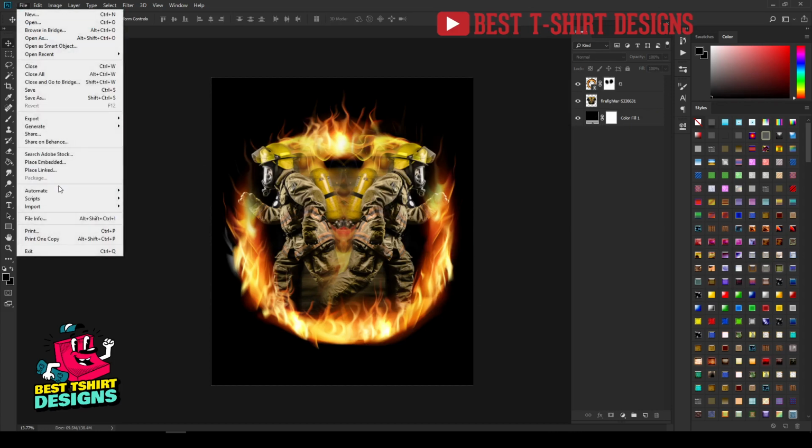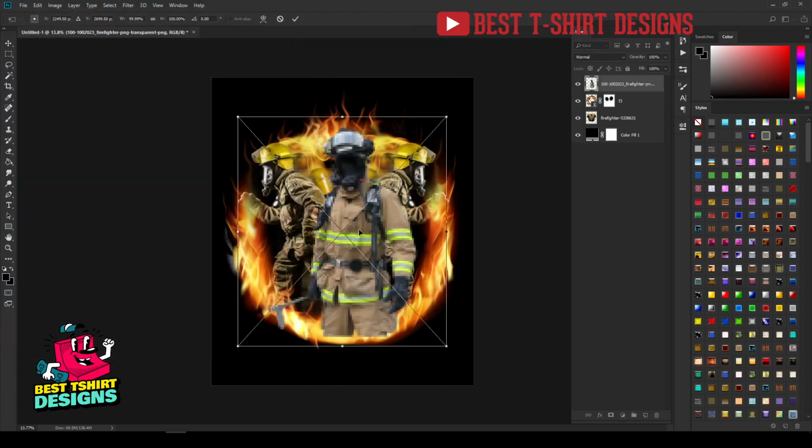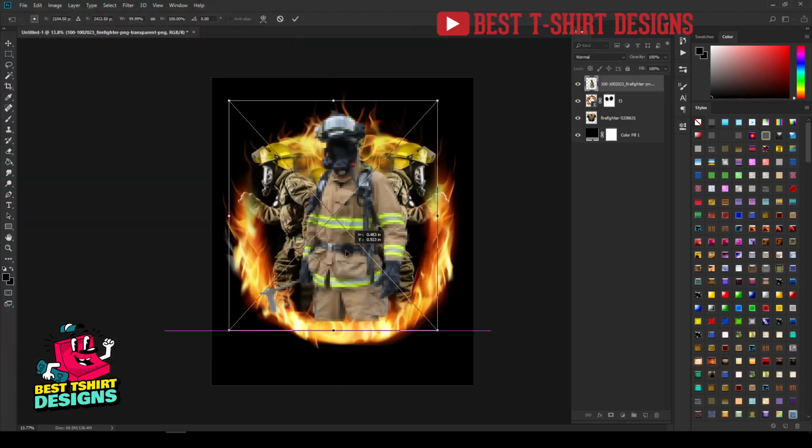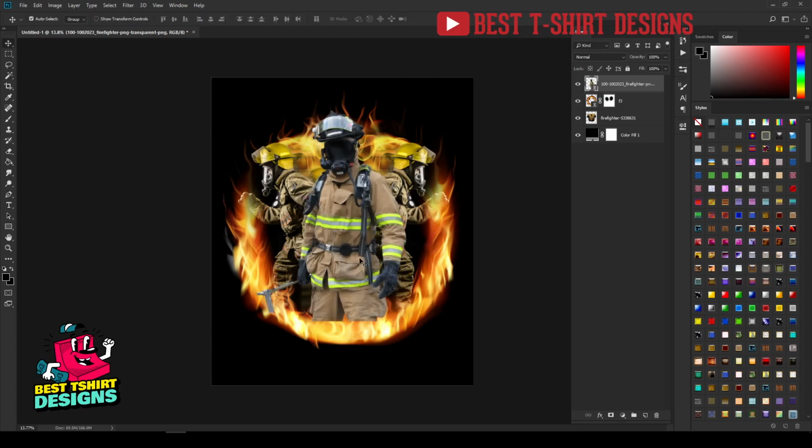Don't worry, I am going to bring in my main firefighter image, this PNG one here. So this is the position I wanted to create for my design. You can see it is looking like this. And here maybe I want to put the flames on top of this firefighter from this area, but he will be on top of the flames from this area. Don't worry, simply take another layer mask, and this area I want to hide.